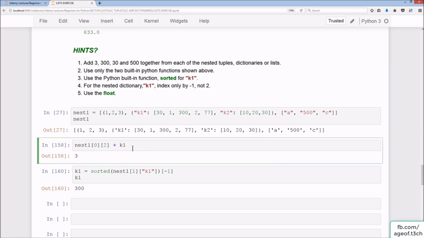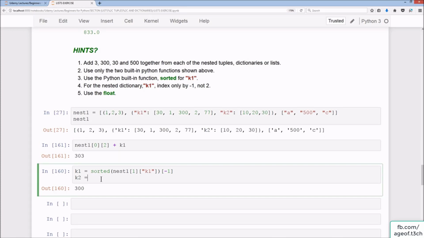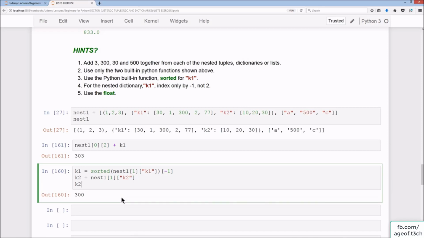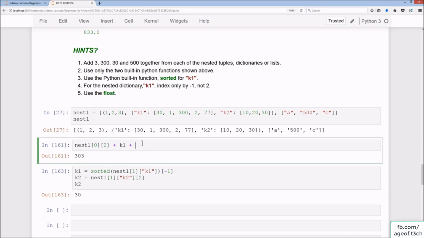So I'll do K1 here, 303, okay, and then we'll do K2 equal to nest1, sorry, that's going to be 1 again because it's a dictionary, and then we do K2, and if I do K2 here, okay, and then we want to get just 30, so we'll do plus